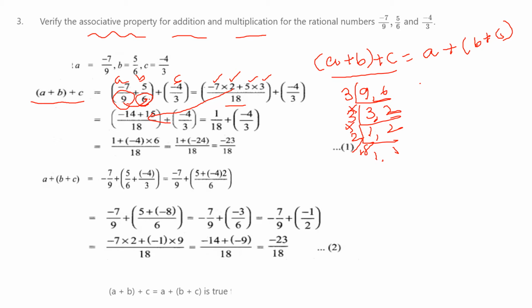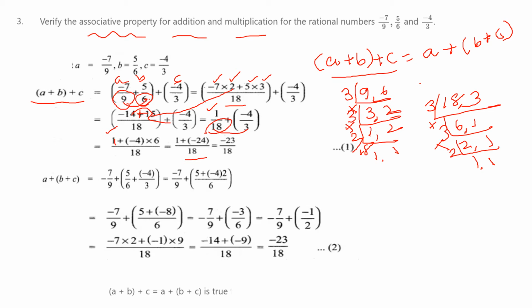So minus 1 plus... means subtract and put the sign of the greater number. So 15 minus 14, 1. So plus 1 by 18 plus minus 4 by 3. Again we have to find the LCM of 18 and 3, because it is divisible by 3 in both. So 3, 6, 1; 3, 2, 1; 2, 1, 1. So 3 3s are 9, 9 2s are 18. So here also 18 only. So 18, first you write this 1. 18 in 18, 1 time only. So 1 into 1, 1.